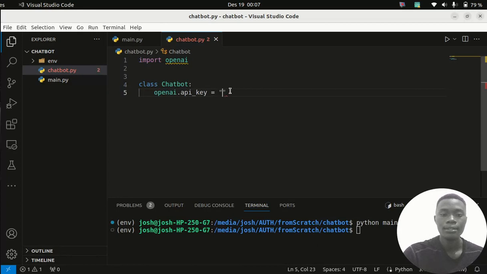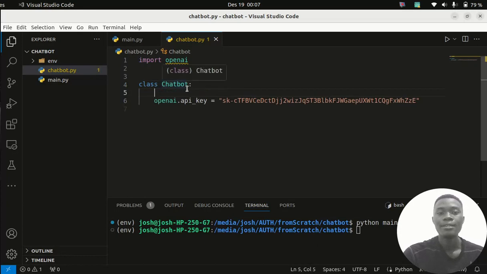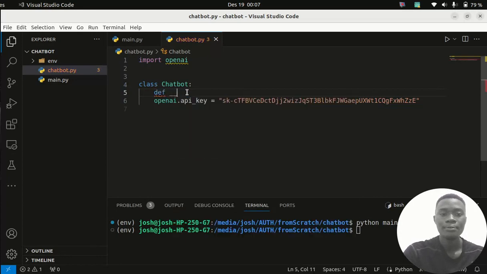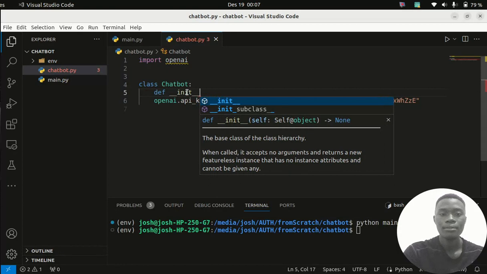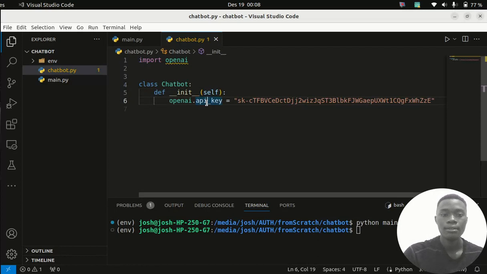So I have that API key that I've copied, I paste it in here, and by the way, it should be under the init, because this API key is needed in the initial creation of this processing. So that's why I will say define init, and then I get this and I dump it inside there, and that's all that we have to write inside this init